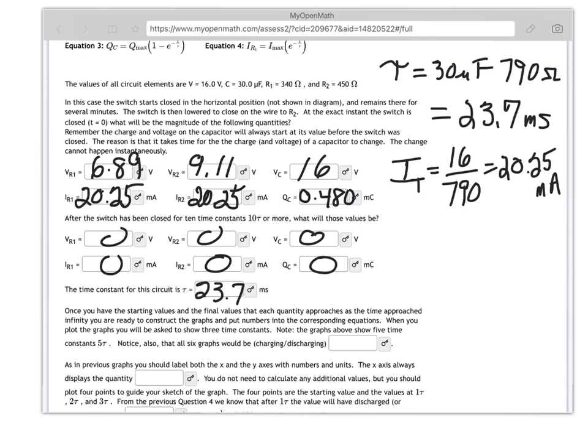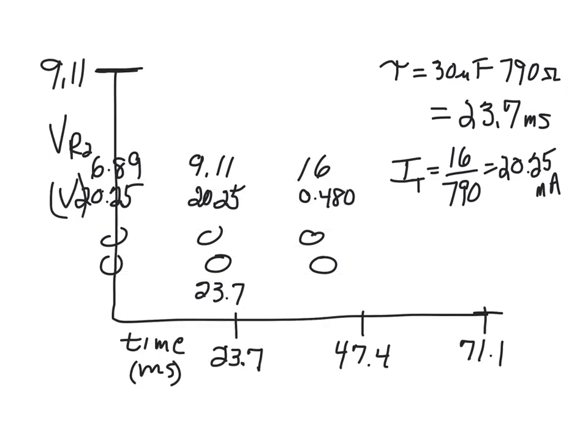And let me pause and do at least one of those. So I labeled both axes, and I'm plotting voltage across R2, which will start at this and decay. And then I'll use the rule of after one time constant, it's 63% decayed or 37% remaining, roughly 2/3. So I'm going to put a point, the high point to start, about 2/3 of the way down, another 2/3 of the way down, 86%, and then 95% decayed. And I can graph